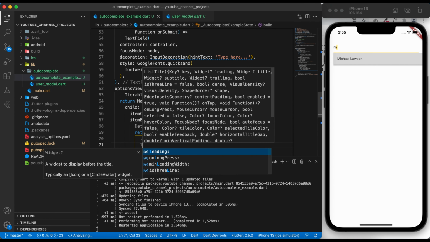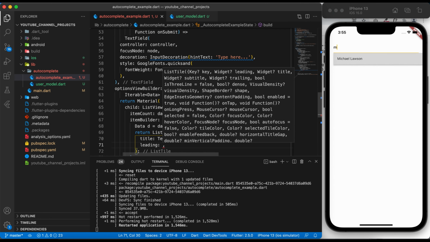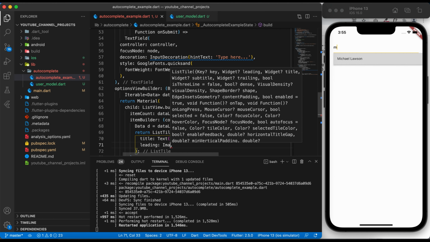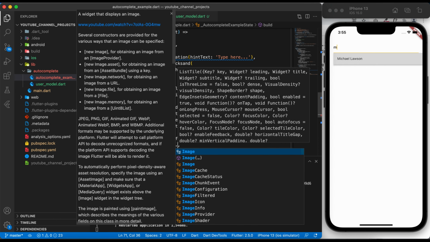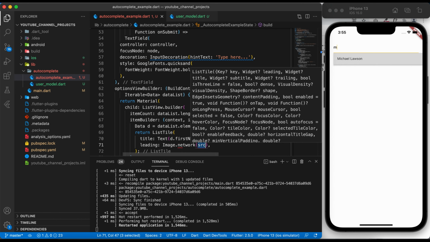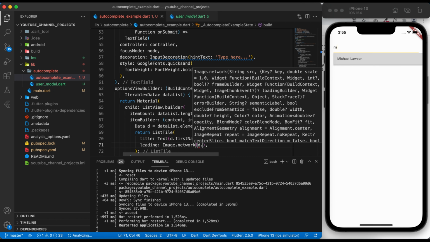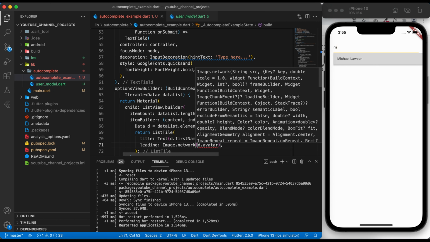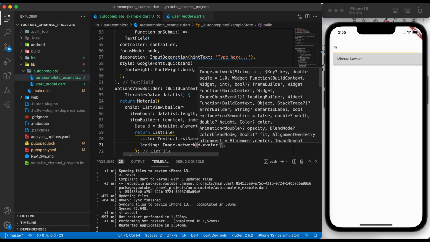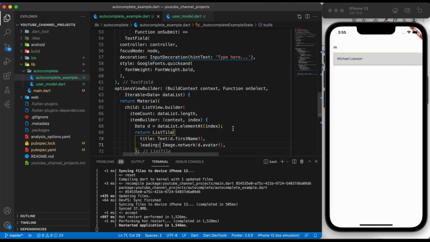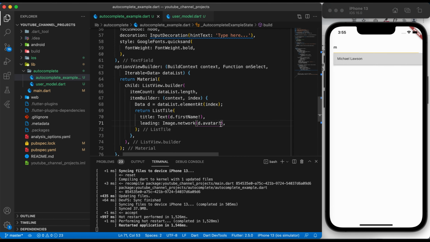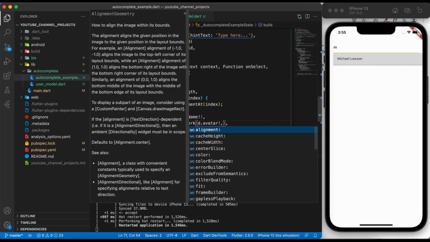And we will add one image. We can use a leading parameter to have an image before the text. To display an image I will use image dot network. We will pass that avatar, which gives us the URL of that image, and we can display it before that text.